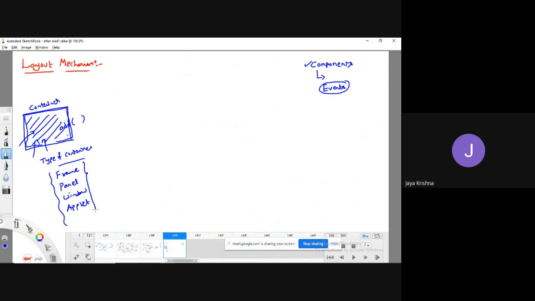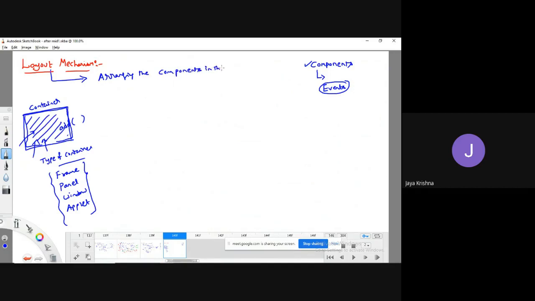So that is the reason. If you wish to arrange the components in your required way, then we need to know the concept of layout mechanism. Let me go for the definition of the layout. Layout is simply a way of arranging the components in the container.